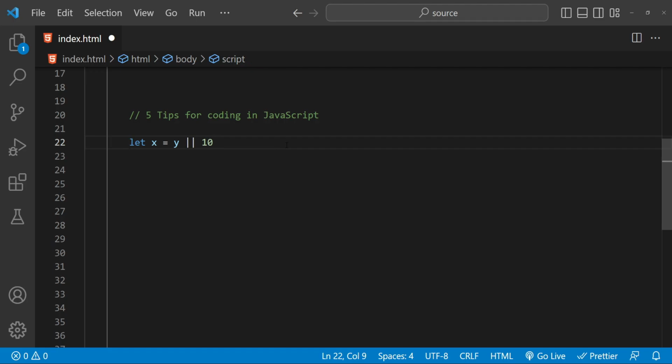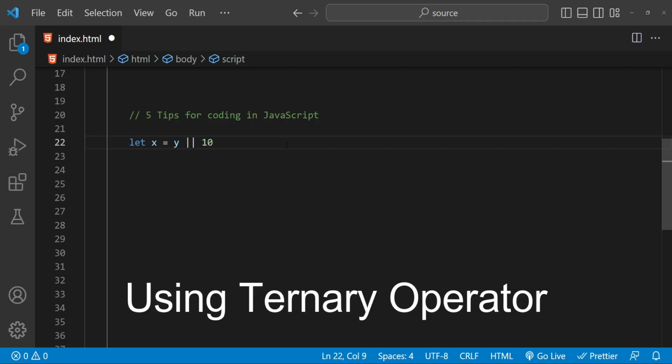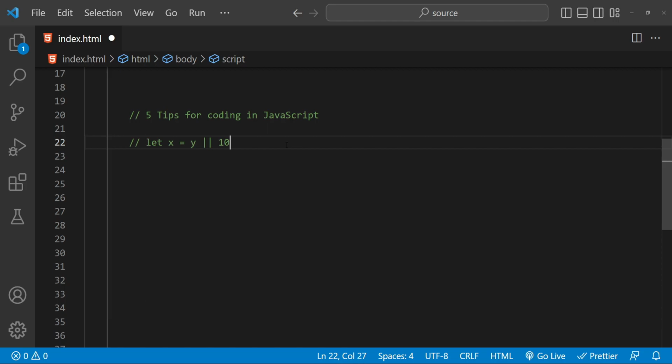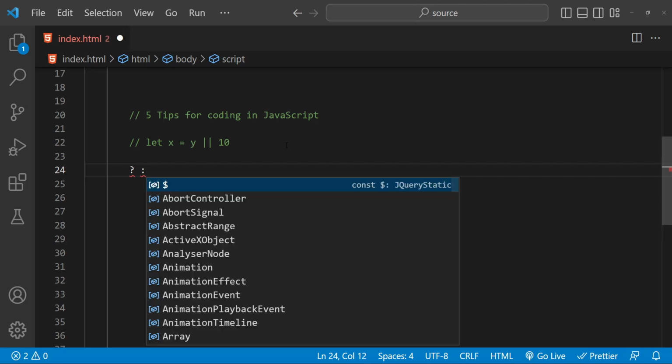This can be useful if you want to set a default value for a variable that might not be defined yet. Second one is use the ternary operator as a shorthand way to write an if-else statement. So if you don't already know, the ternary operator, which is also known as the conditional operator and which is written like this using a question mark and using a colon, we can use it to write a shorthand one-liner